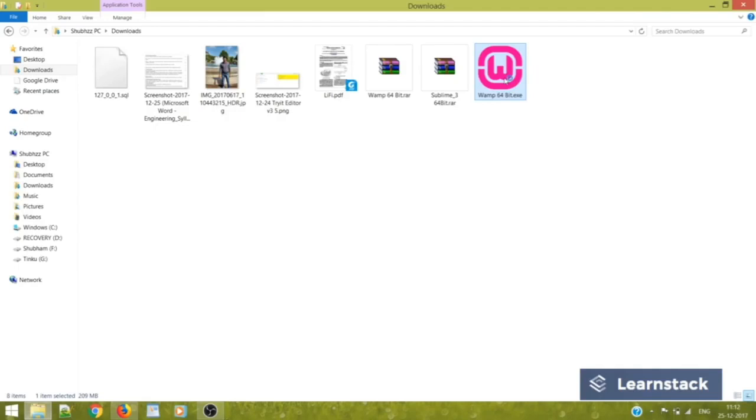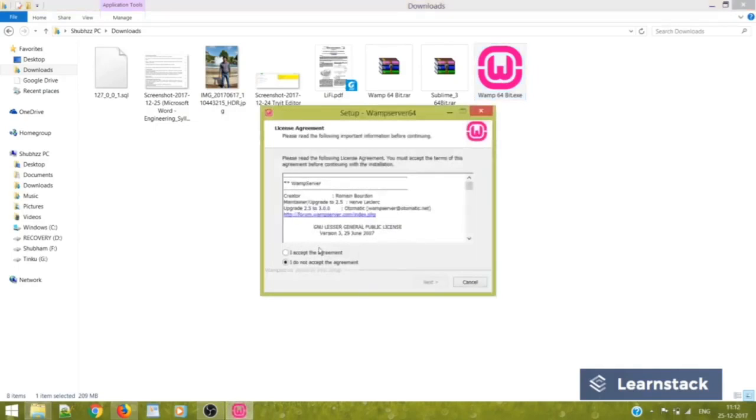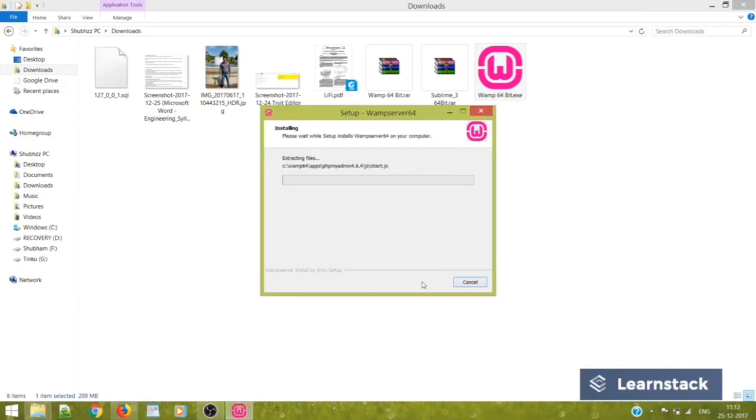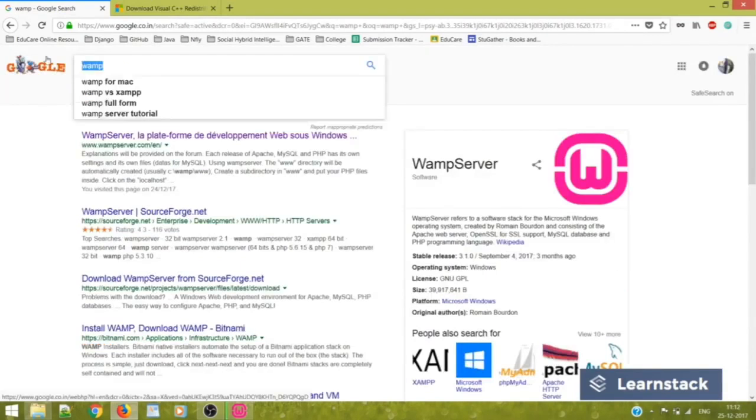WAMP64.exe, just double click to run it. English, accept the agreement, next, install. The setup will take a little time to install, so you can just hold on. And meanwhile, what we will do is we will just go to this Sublime Text